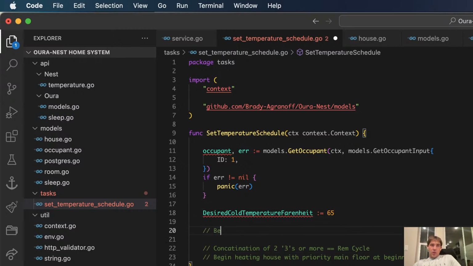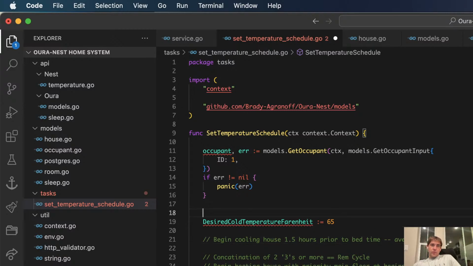Say begin cooling house 1.5 hours prior to bedtime, averaged over last week. That's fine. Hard coded for now.